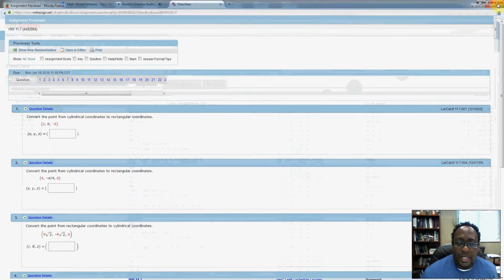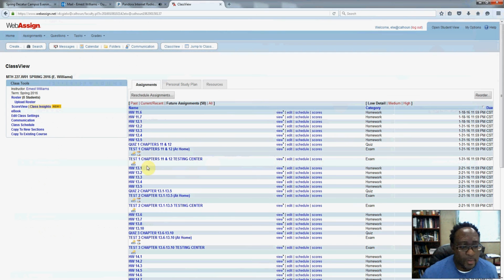Let's see. Okay. And then the same thing for the exams. Notice that there are homework assignments and quizzes. The quiz and the exams look very similar, so do the quiz. You have 2 attempts on the quizzes, and then after that you should be ready for the exam. The exams are listed as those for people taking the exams at home or those taking the exams